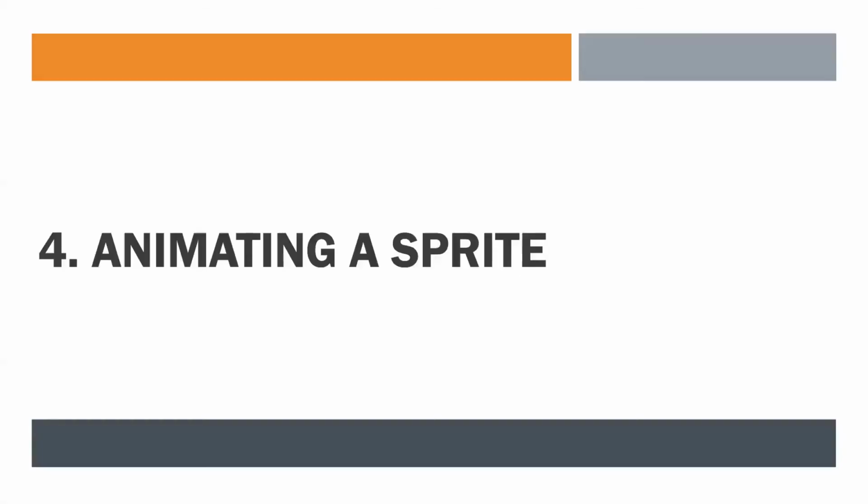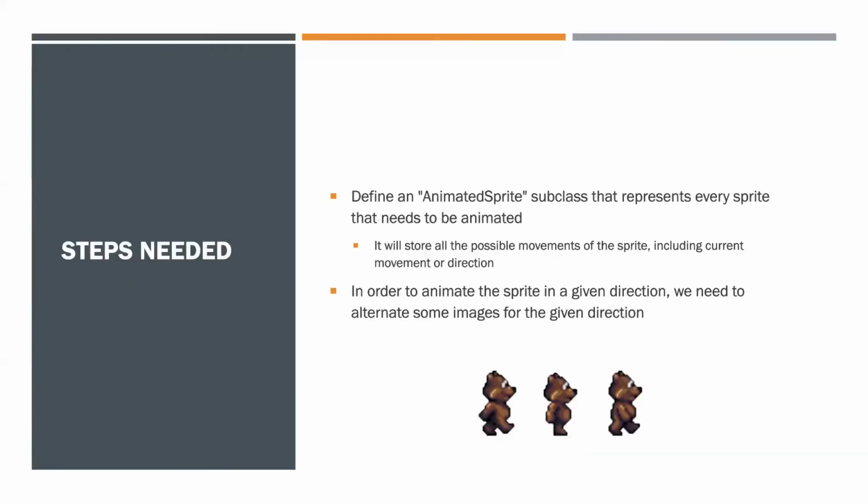To finish with this video, we are going to see how to animate our bear. Obviously, we can't pretend to move the bear without animating it, because it doesn't seem a real bear moving around the forest. So how to animate a sprite? We need to add an additional class inside our sprites package. We can call it animated sprite,